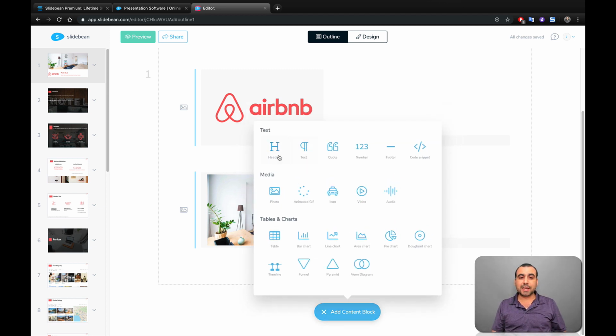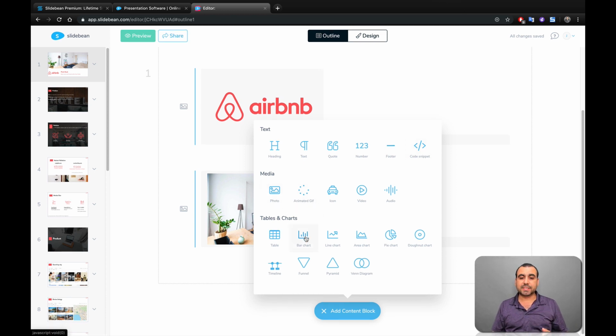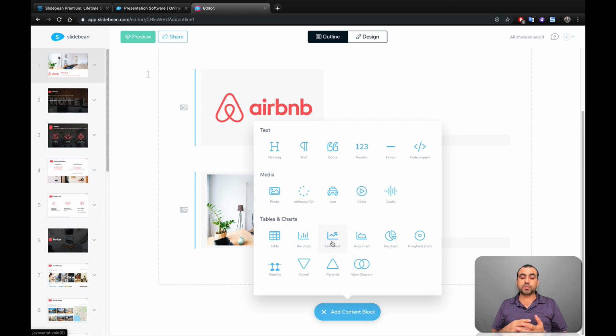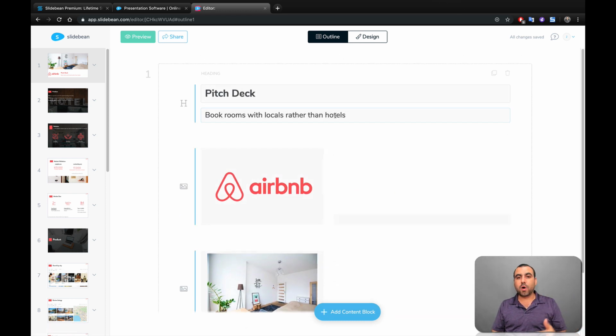So you've got heading, text, quote, numbers, footer, code snippet. That's pretty cool that you have this option. Media, so you've got photos, GIFs, icons, videos, and you've got table charts. That's pretty cool also because you don't want to spend a whole bunch of time creating this when you have this tool available. And what you do is you add all the things that you want, and once you're ready,